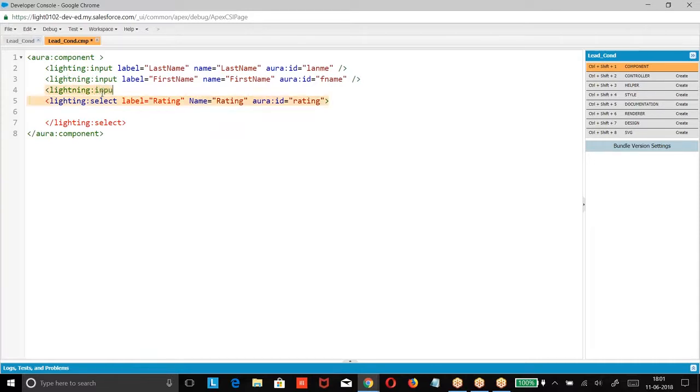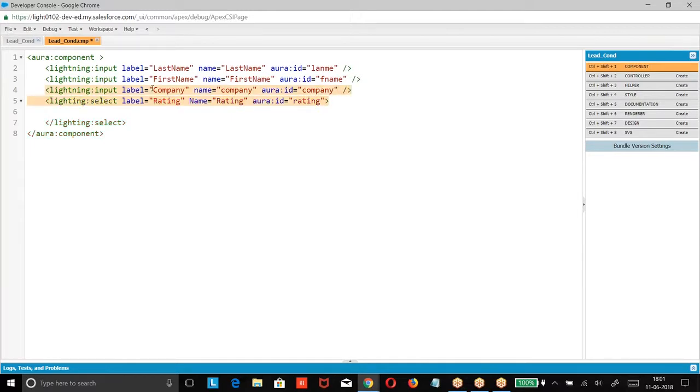If there is any typo error, let me know. Input, label equal to. This is how we create it.